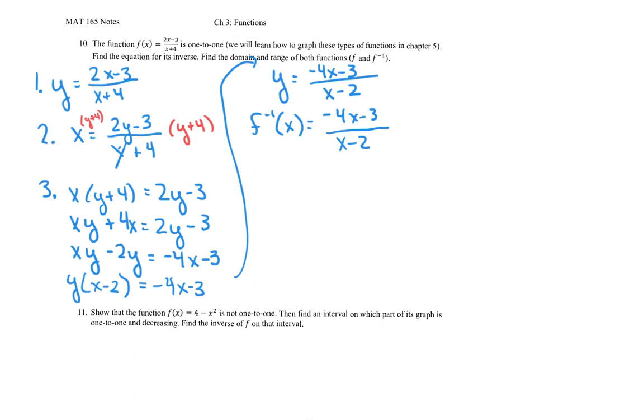For our actual function, keep in mind here that our denominator could not be -4. So we'll write the domain is all real numbers but -4. Now, for the domain of our inverse, notice that x cannot equal 2. So we'll go ahead and write the domain of our inverse,